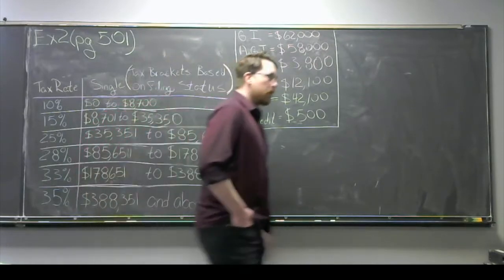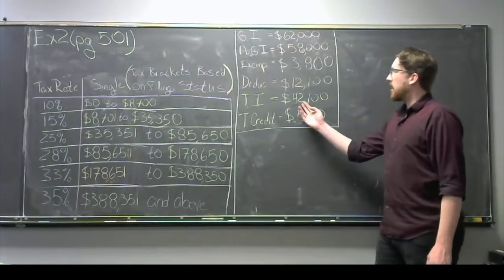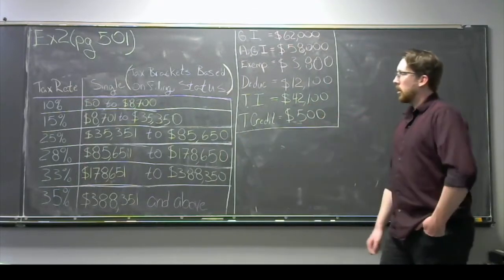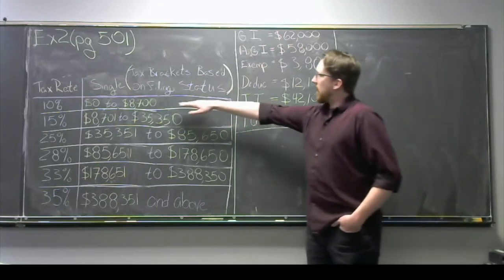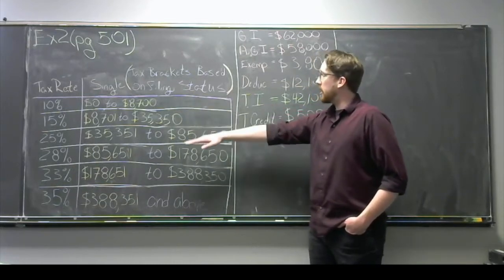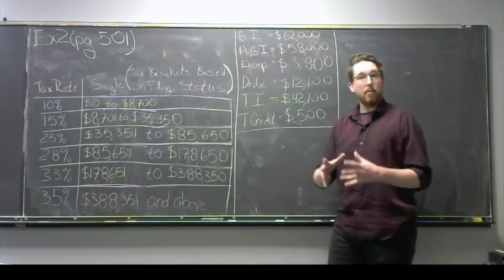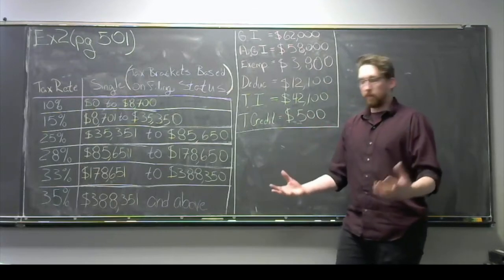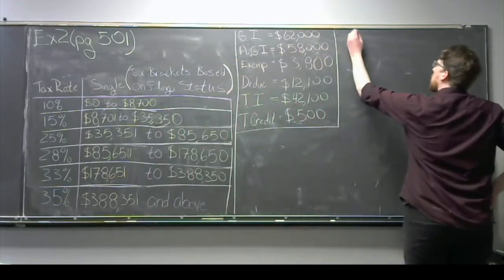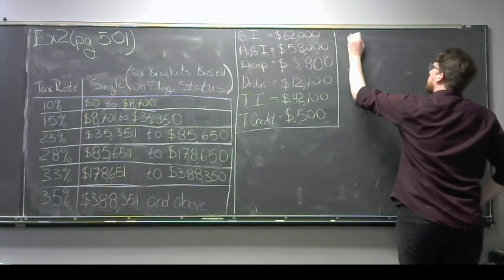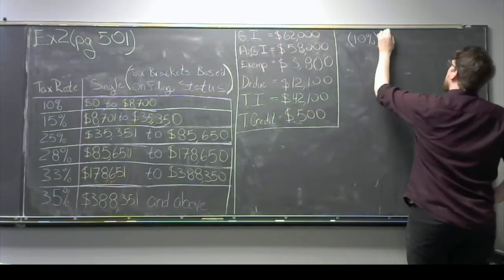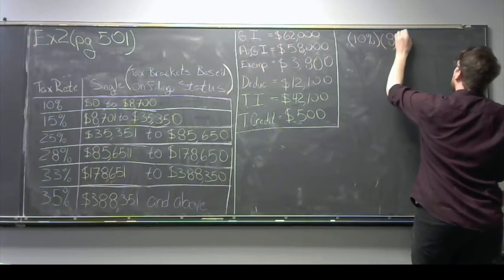All right, using that, her taxable income solidly puts her inside of this third bracket, right? So that means we have to find out how much is taxed at 10%, how much is taxed at 15%, and how much is taxed at 25%, and add them all together to find our tax computation. To do that, we're going to take 10%, multiply it by $8,700,